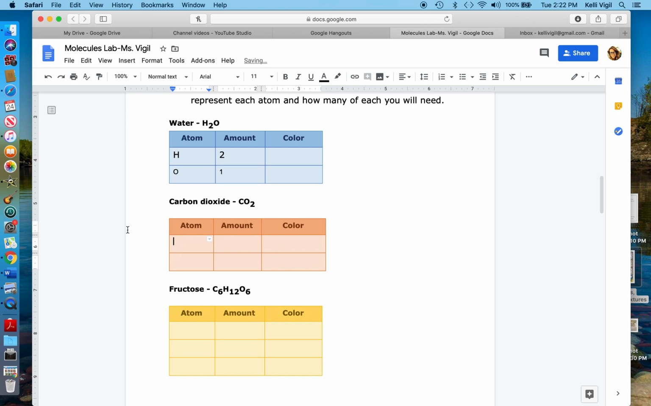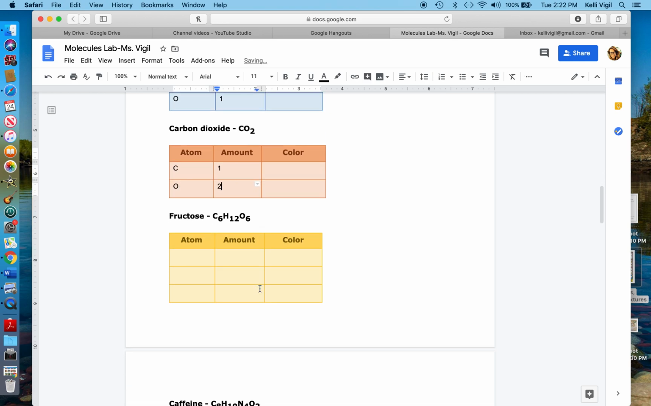Coming on down to carbon dioxide. We have C, carbon, and again, there's no subscript number, so there's just 1. Then we've got O2, oxygen, and we've got 2 of those. Fructose. We've got C again, carbon, and how many? 6. Our subscript 6. Then we've got H, hydrogen, and this one, wow, there's a lot of hydrogen in this. 12 of them. And then we've got oxygen